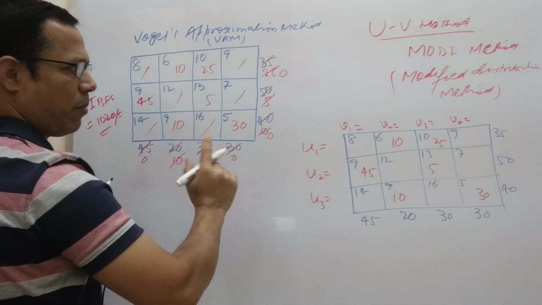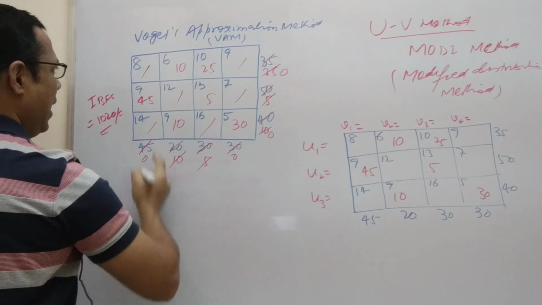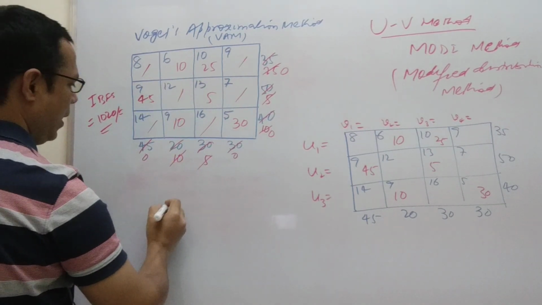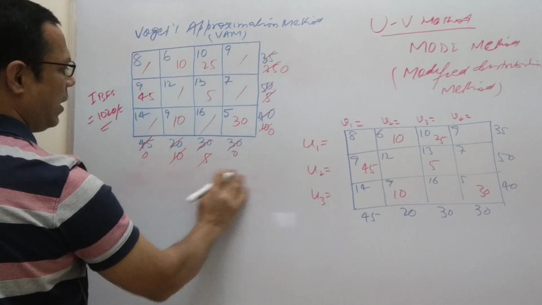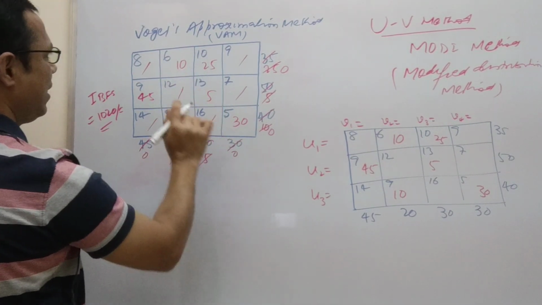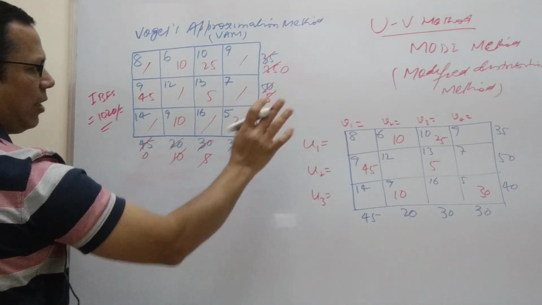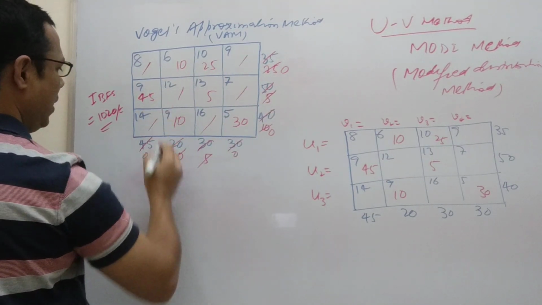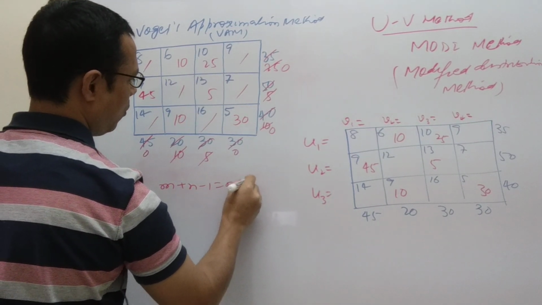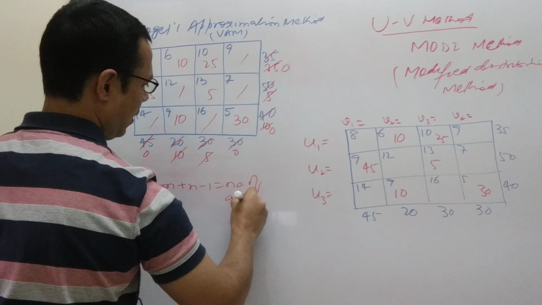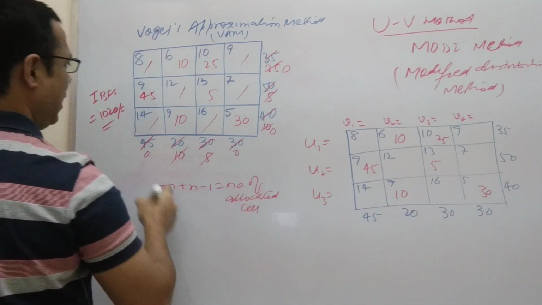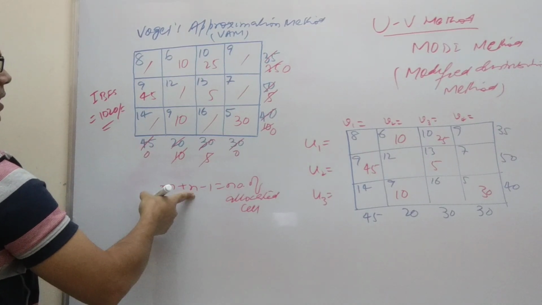Whatever method you are going to apply, first you need to check whether the conditions of the allocated cells are going to be fulfilled or not. If not fulfilled, then we will go for other steps that will be explained in the next videos. But here, just to understand, if this condition is fulfilled, then how to proceed to get the optimal solution. So here the condition is m plus n minus 1 is equal to the number of allocated cells. m is the number of rows, n is the number of columns.